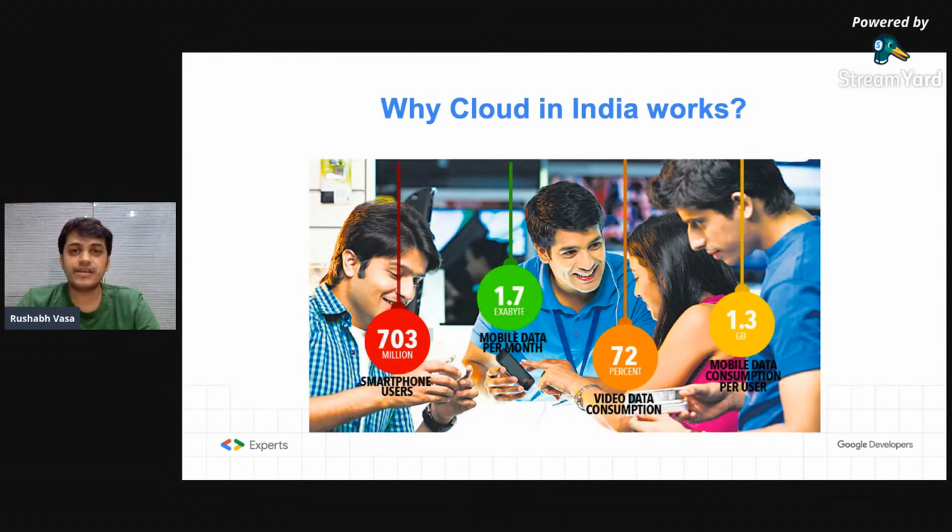You would have seen this entire Digital India campaign where tier 2 and tier 3 people have also started using smartphones. So overall internet penetration and user growth is tremendous in India, and that also brings a lot of opportunity for you as developers to do a lot of new stuff for our Indian consumers and users.